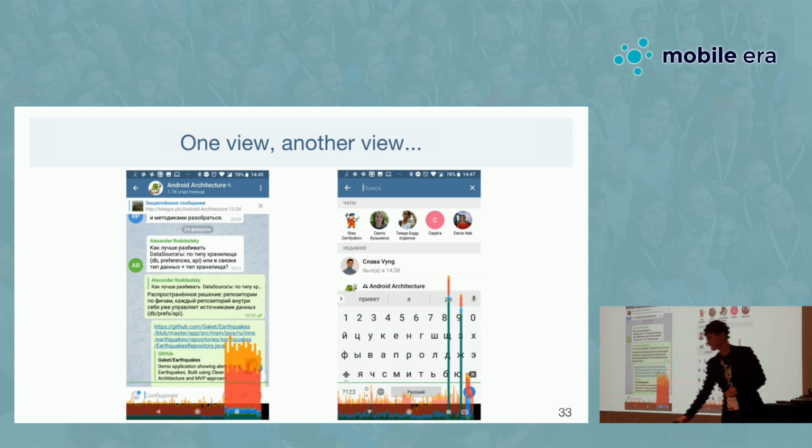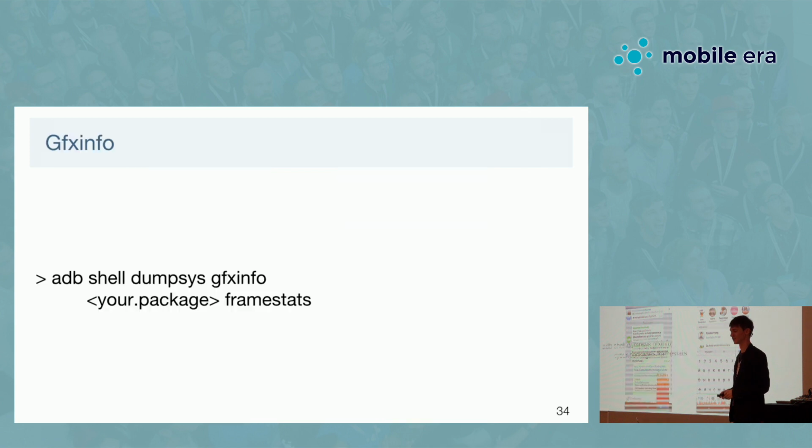And an interesting thing is that in Telegram, there are several views, again with that text, and in one of them there is no such problem. Again, Telegram is open source, and if you are interested in understanding why it works well on one side and doesn't work well on the other, you're welcome. Unfortunately, I'm from a startup, so I had to do other stuff instead of looking into this issue.